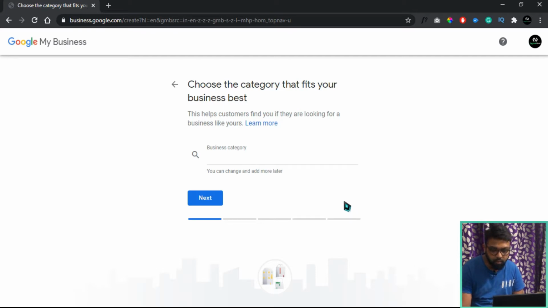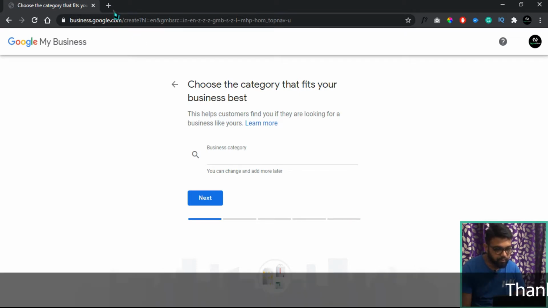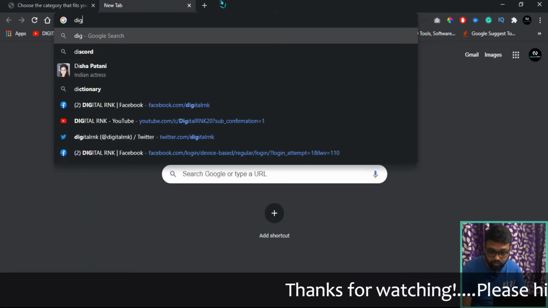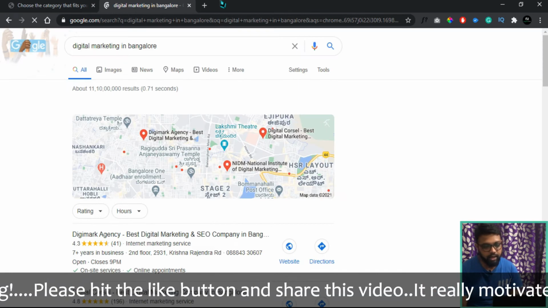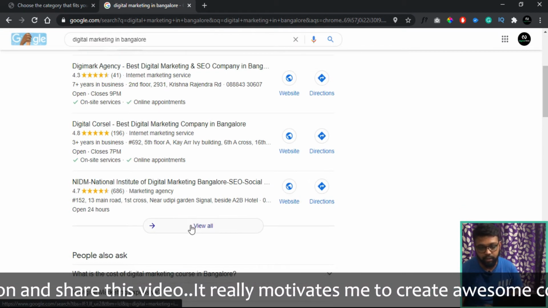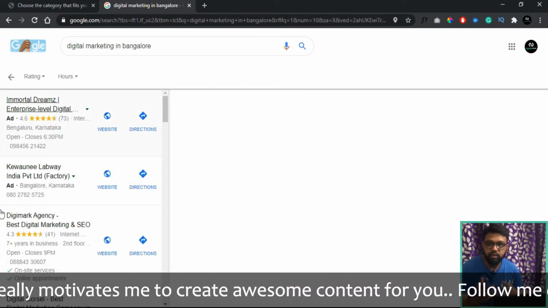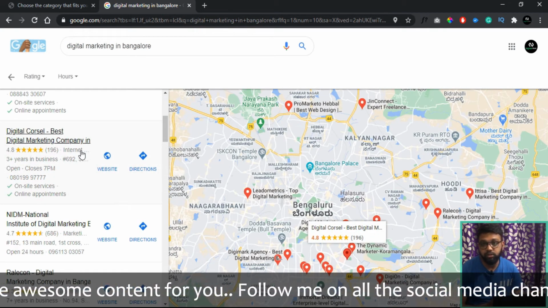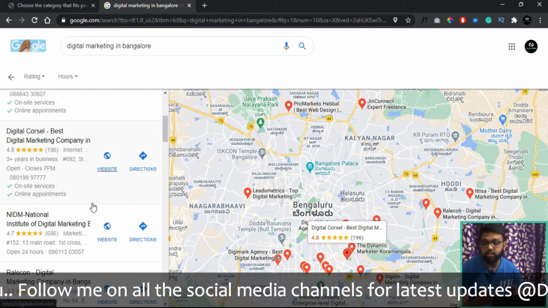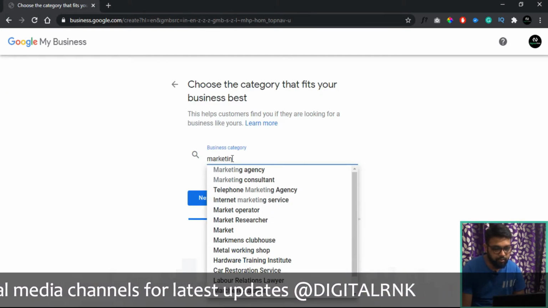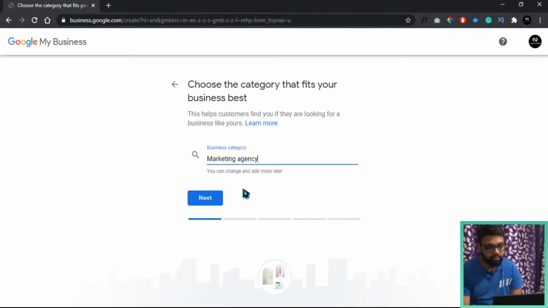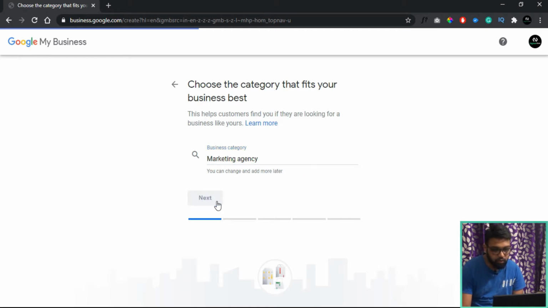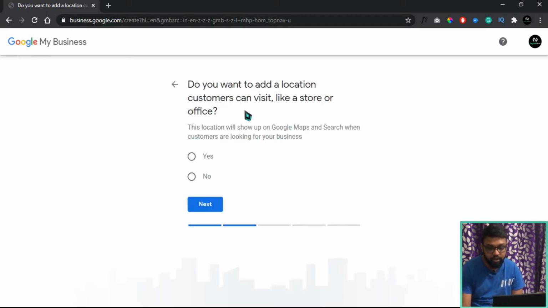You have to choose the proper business category for your GMB profile. If you're not sure what category to choose for your business, then I would suggest you go to Google search and find how your competitors are doing. It's really important to choose the right category. It helps the search engine find your business when potential customers are searching. You can add more categories, but what I would suggest is you go with one primary and a couple of secondary categories. I'll add that later. Once you are done with the category, go ahead and click on Next.